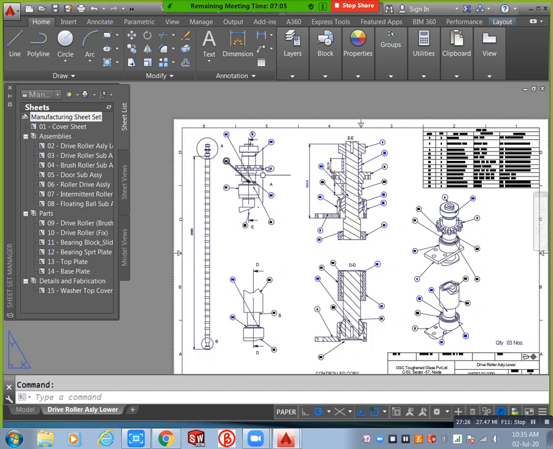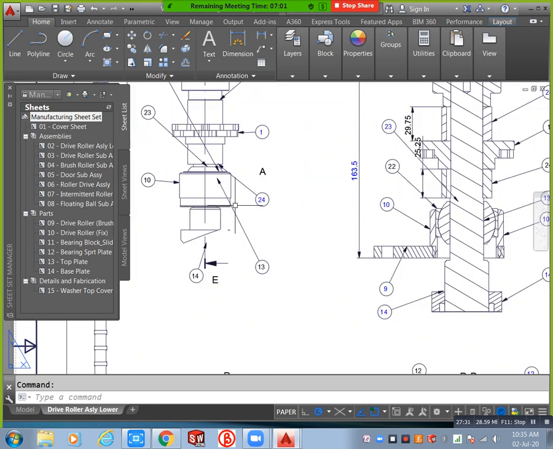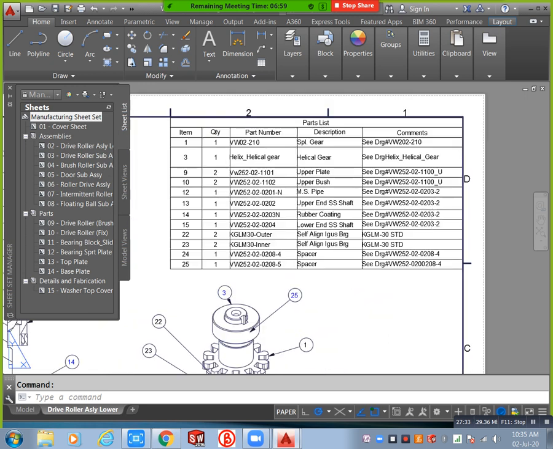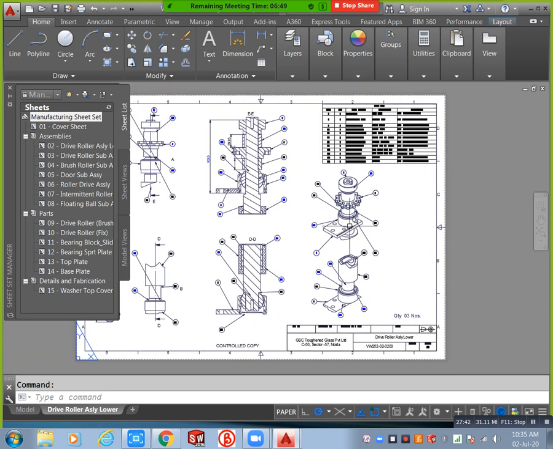Okay, this type of sample you can see now. There are a number of sheets. This type of sheets you can generate in layout. In that type of situation you need this one. Okay, I don't need this one. Go to your normal drawing. Okay, here we have all.